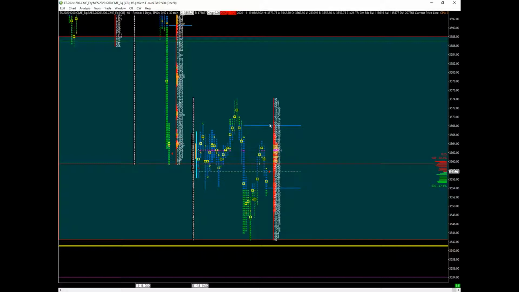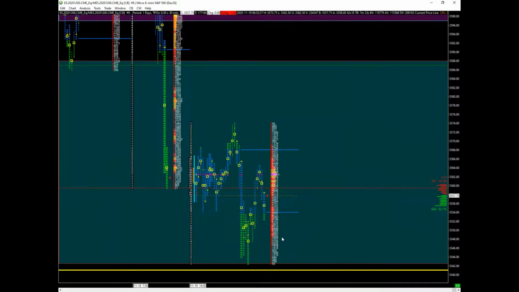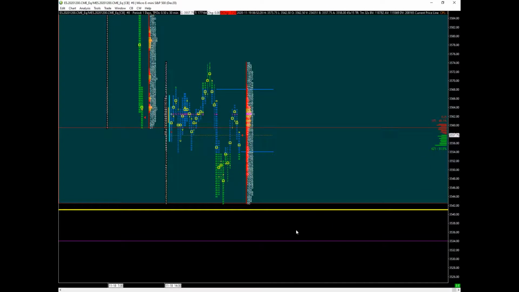Can't lose sight, sorry, that OPEX is Friday. So there is still going to be larger players at play. There should be. Like I said yesterday, I believe this was repositioning and/or profit taking in a smaller sense, but more repositioning for the next move in the market to occur. I won't be shocked if we see more liquidation today, but of course they're going to have a big battle